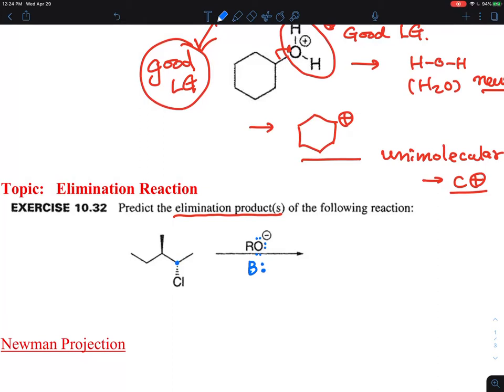So this is a carbon. There is a carbon next to it that should have a hydrogen. This will take the hydrogen, or a proton, as a base, and these two electrons will form the double bond here, and this bond will be pushed, sending the chlorine away as chloride, Cl minus. So somehow you will have something like this, right? So this is an H, and then you will have a chlorine minus, and then you will have a ROH. So you can write an answer like this, but there is something more,